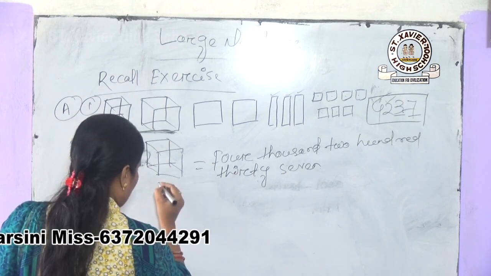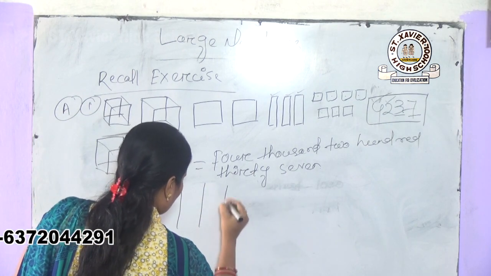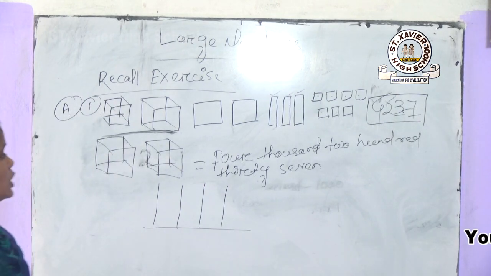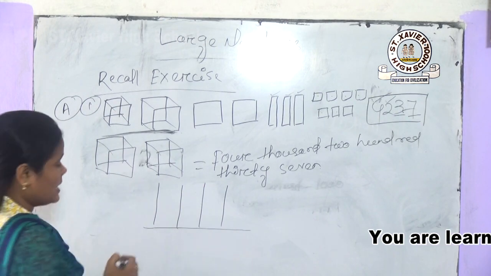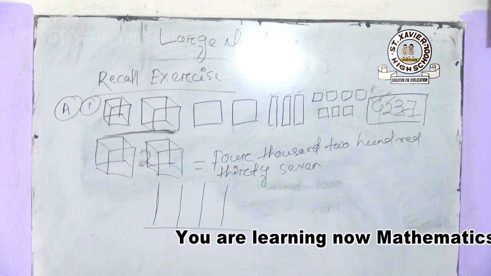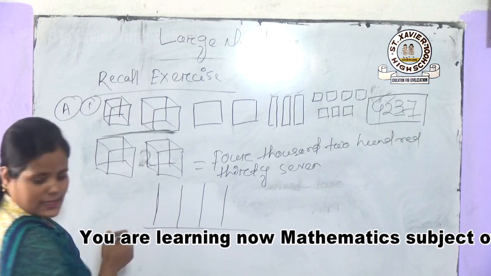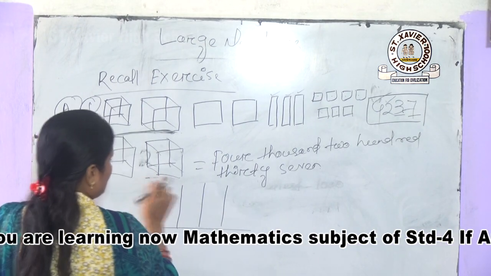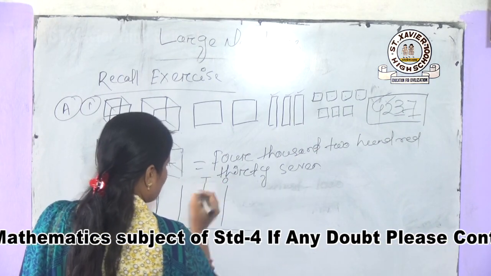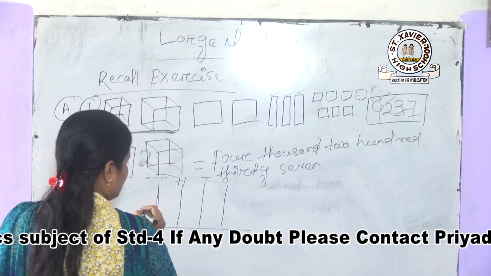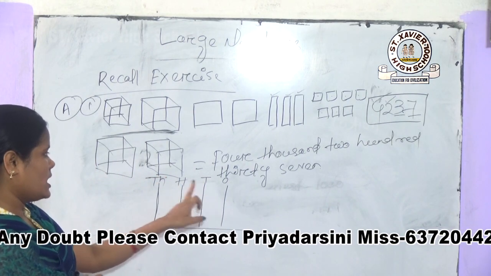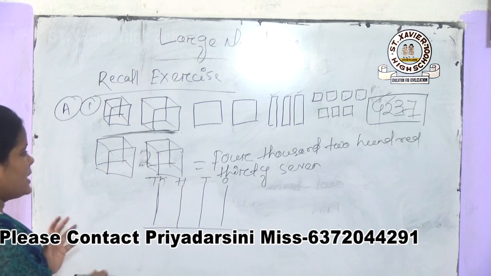Then this number we can put in the abacus. Do you know what an abacus is? Abacus is a mathematical tool. It is used for calculating manually. So this is the 10,000. Sorry, start from here. This is the 1s place. This is the 10s place. This is the 100 place. This is the 1000 place.